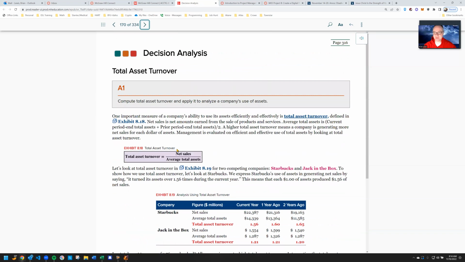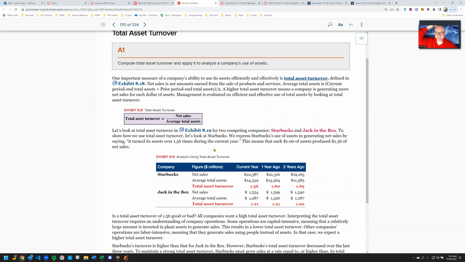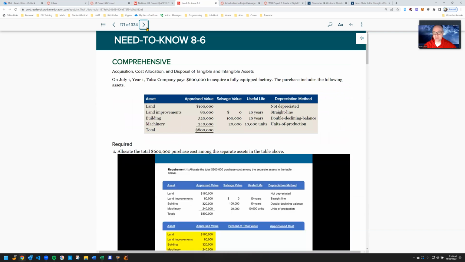And then asset turnovers, these are your ratios. You only have one to remember on here. Okay, I think that's about it. And then you have some